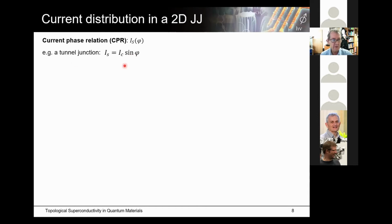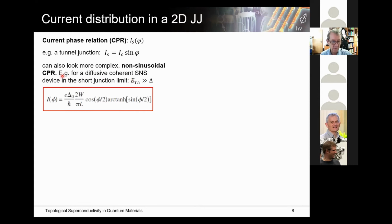But it's only true for a weakly coupled tunnel junction. So it can look more complex. I just showed this as an illustration. This is how it looks for a diffusive coherent system in the short junction limit. So it's non-sinusoidal in general, particularly if you have highly transmissive channels, like a helical edge state